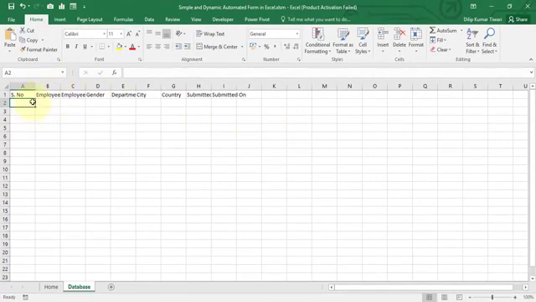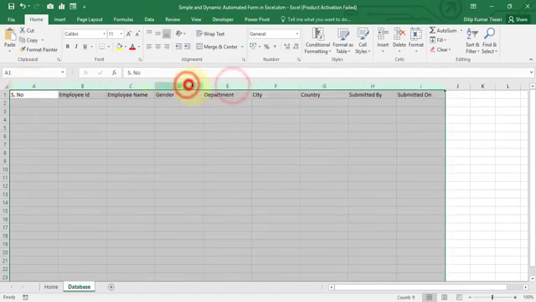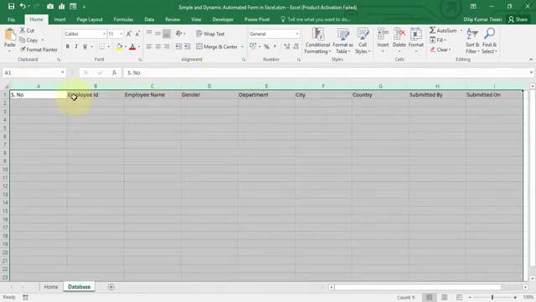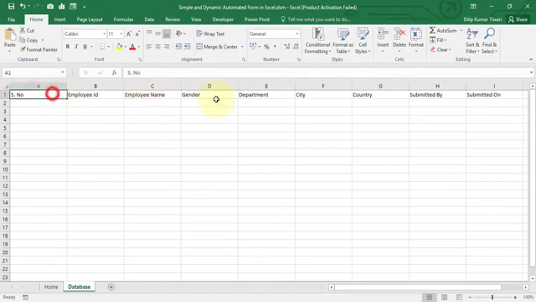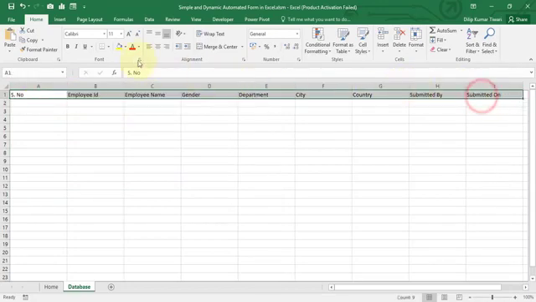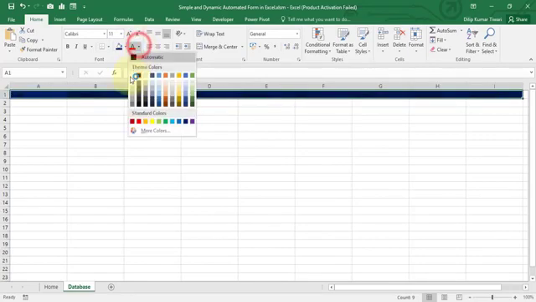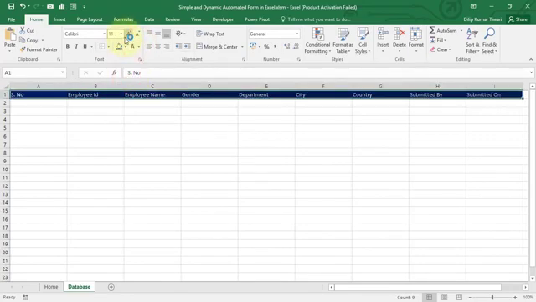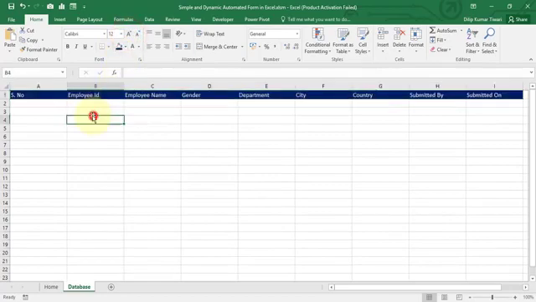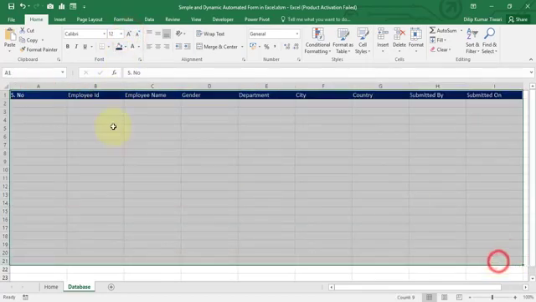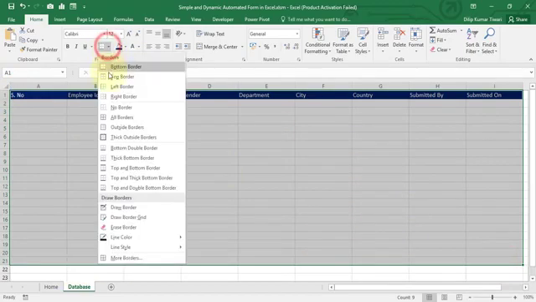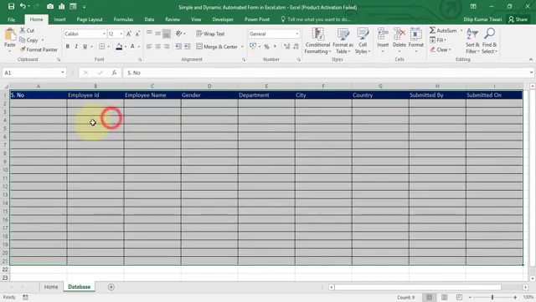Let's resize the columns. Okay, and now let's assign the back color. Font color is white. Font size a little bit bigger, like 12. Select this range, maybe A1 to 21, and apply the border, all borders.